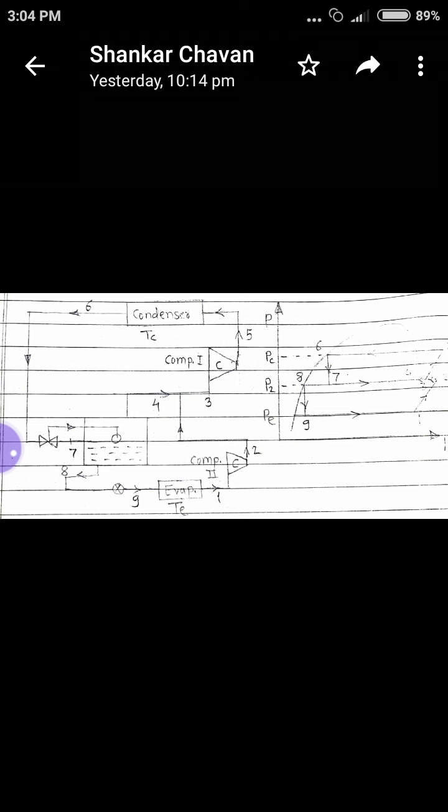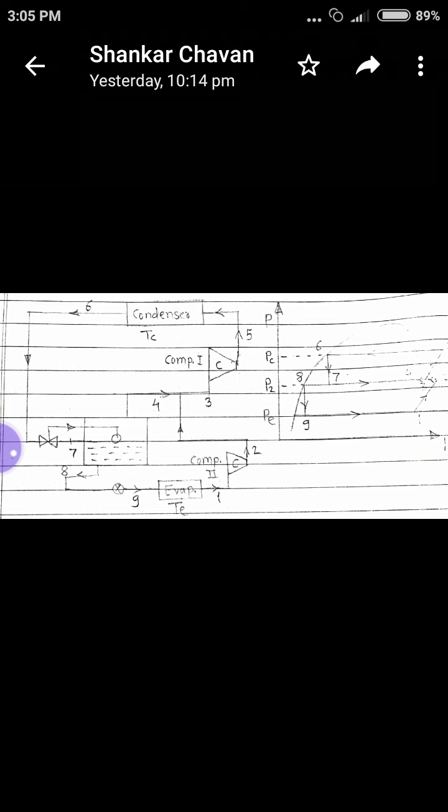As the expansion takes place 6 to 7, if we see point number 7, that point 7 lies inside the dome, that is it represents a two-phase mixture, where some amount of refrigerant converts into vapor form and some amount is in liquid form. From point 7, the liquid refrigerant is point number 8, and the vaporized refrigerant from point 7 is supplied to the second stage compression. If we see the arrow from 7 to 4, it shows the direction of the flash towards second stage compression.